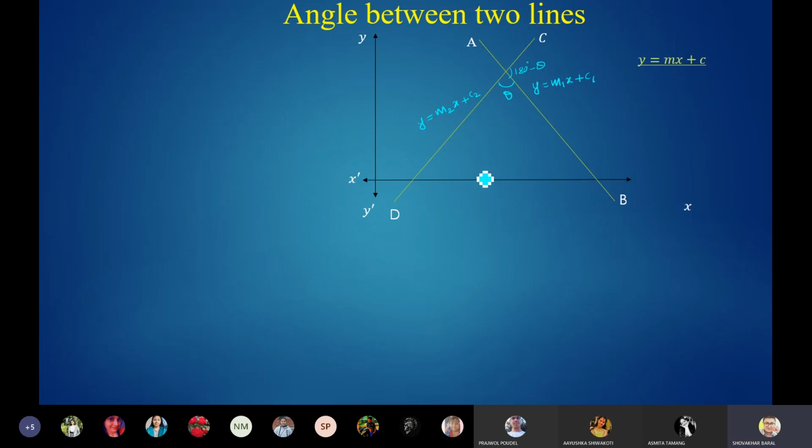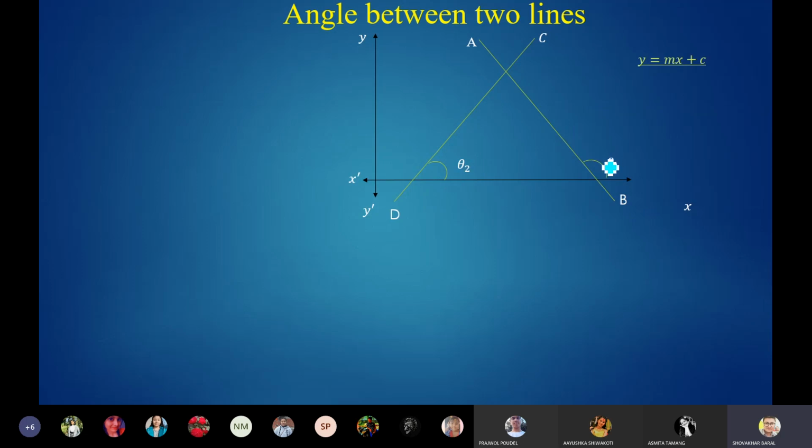To find the angle between these two lines and make a connection with the slope of the lines, we have used the concept of slope. We derived the formula. Let's derive it again. This angle is theta 1. This angle is theta 2. I'm writing this theta 1 and theta 2 on purpose. Be careful here. If you are going to derive it, always suppose this is theta 1, not theta 2. It will be easier for you.